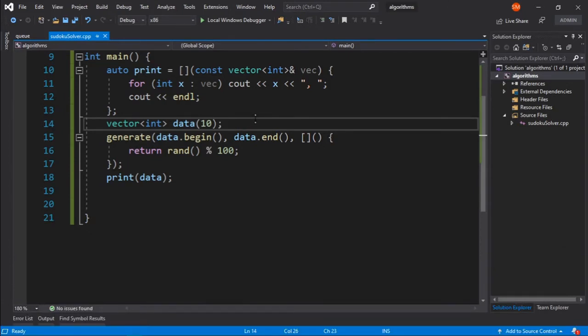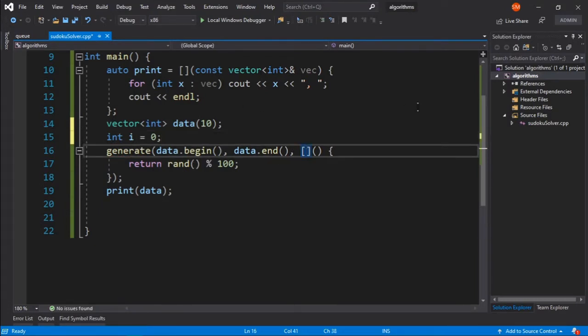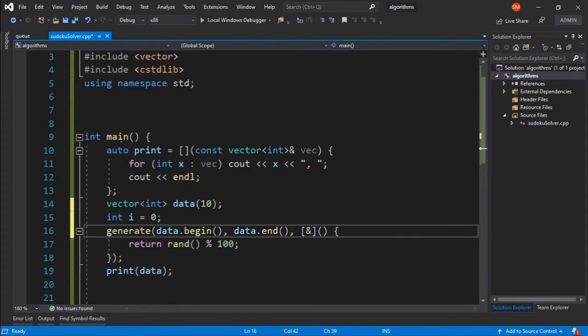So what you can do is you can simply have an int i equal to, let's say, 0, and you can simply capture that i here. Now in this case I will be capturing the whole data inside this main function.